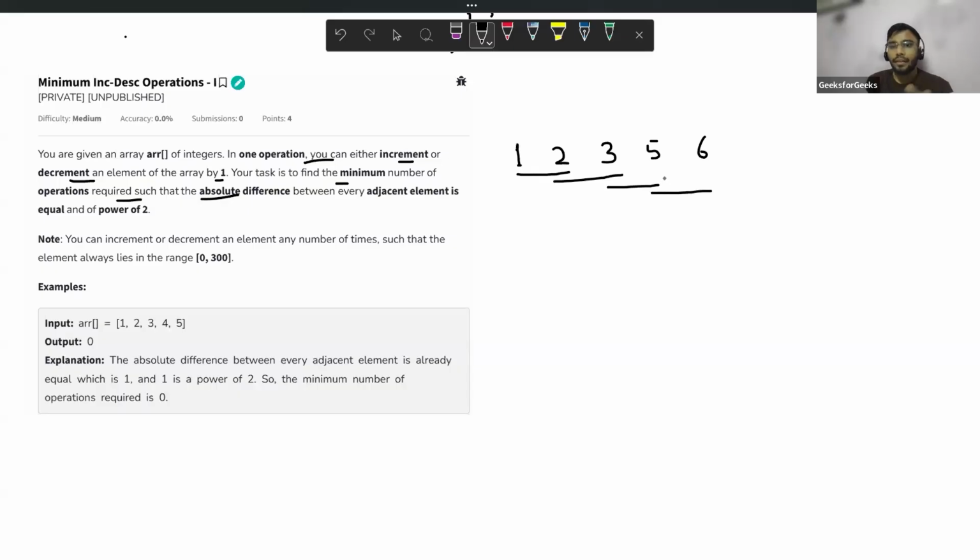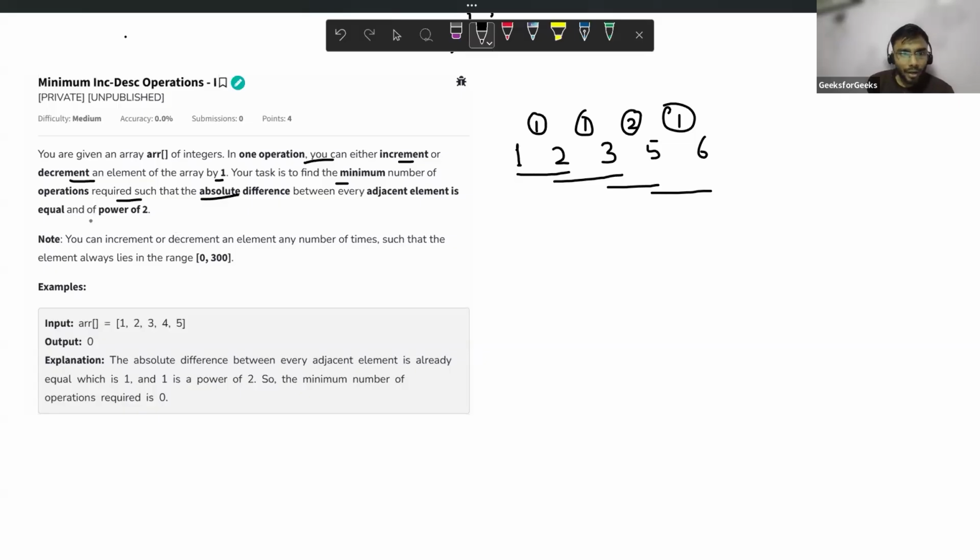The absolute difference between every adjacent element should be equal. Here the difference is 1, 1, then 5 minus 3 is 2, and 6 minus 5 is 1. This is not equal because 1, 1, and then it is 2. The difference must be equal.